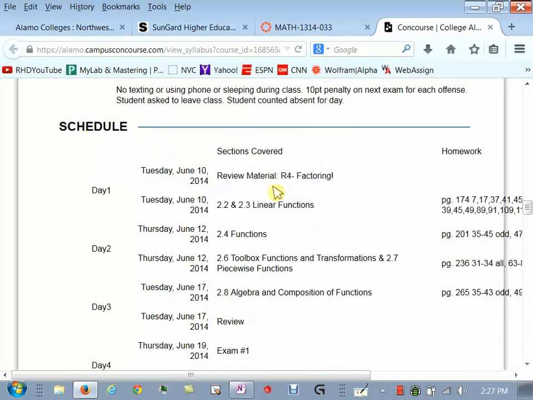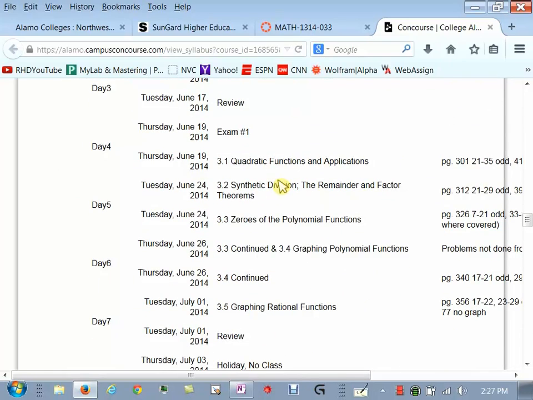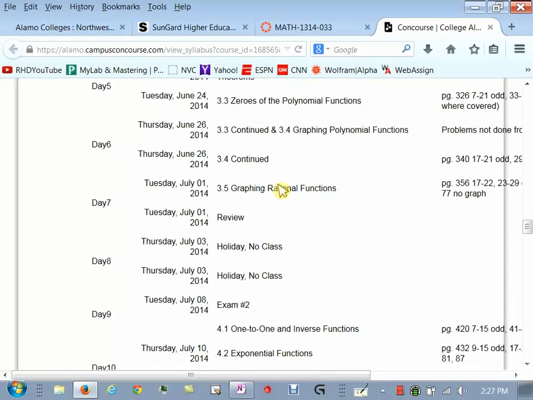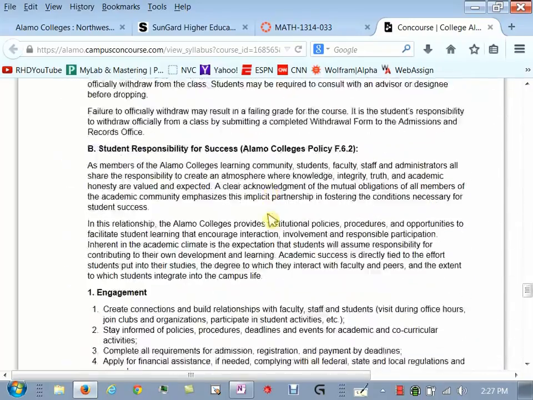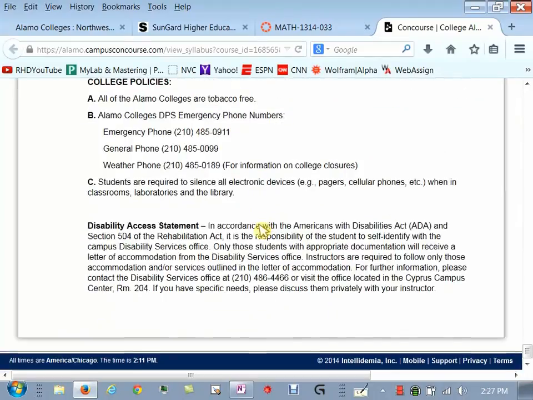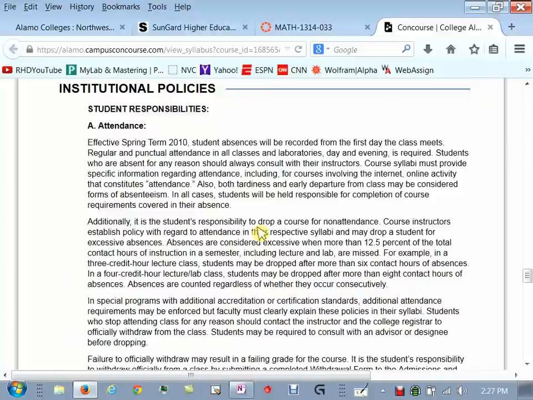All right, schedule. I already have that there in front of you, but it's also here. It just doesn't look as nice here. And then everything after that is stuff that I'm required to have in here. In fact, I don't have any control over it. I can't take it out if I even wanted to. So that's all college stuff from there on out.